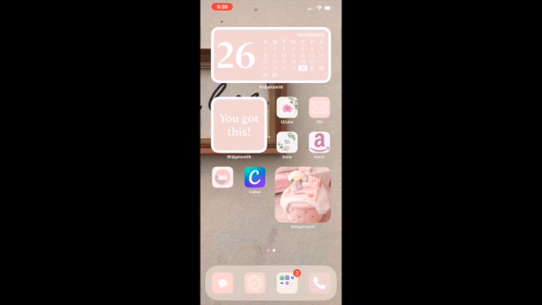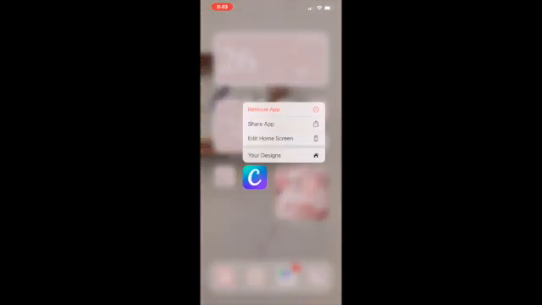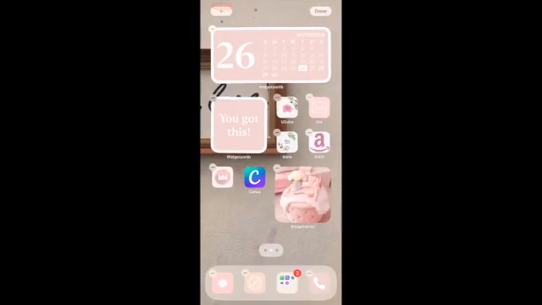I'm going to go ahead and remove it by doing a long press on the icon itself. You bring up this menu. You click on Edit Home Screen so that we can remove the app from the home screen, but not from the device itself. So make sure you don't click on Remove App. Once you've clicked on Edit Home Screen,